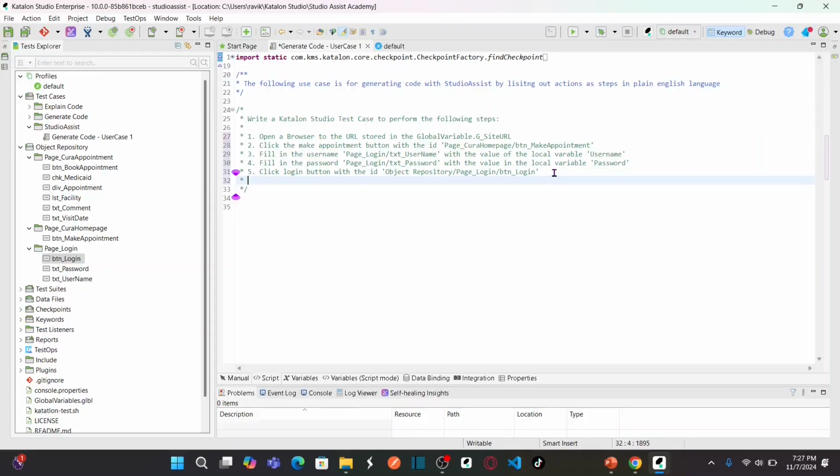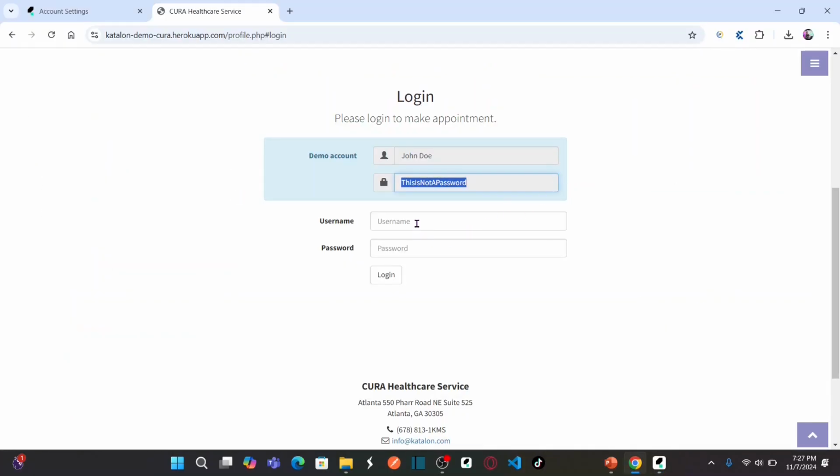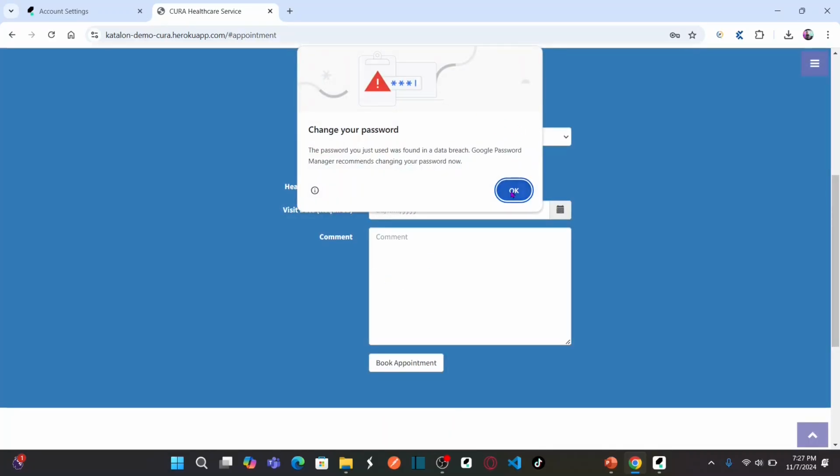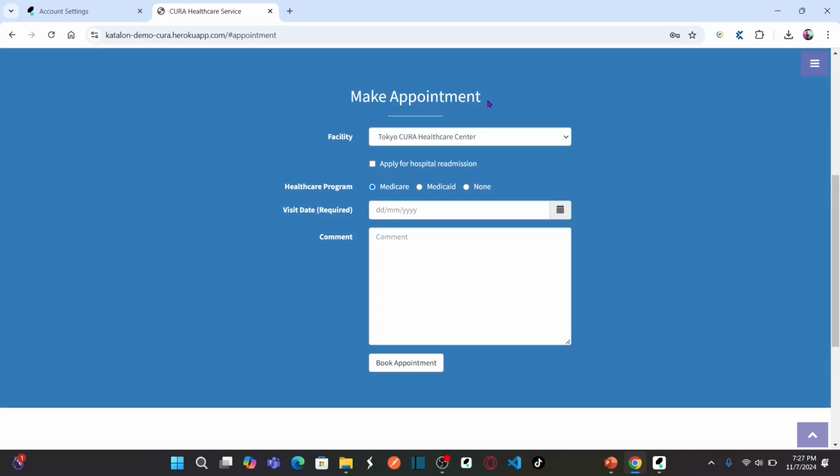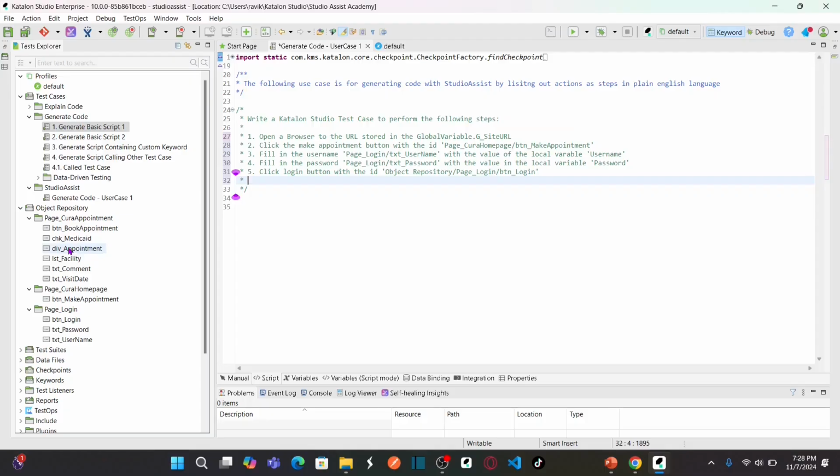user lands onto the appointment page. How? Let's enter the username, enter the password, click on login. Now I can make sure that I have this div component, right, which is div underscore appointment. Let's go back here now. Here, div underscore appointment. So here, what I'm going to prompt, my sixth step is verify that the appointment